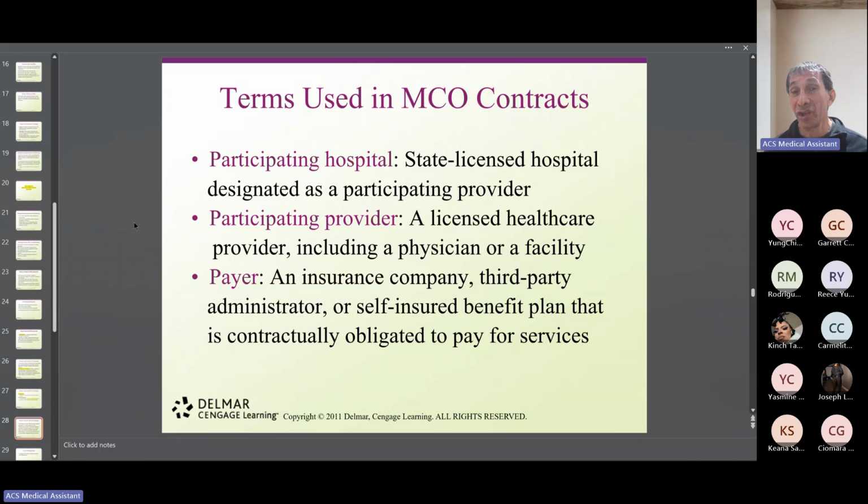But in order for me to provide services and get reimbursed, whether reimbursed directly to me or to the hospital, I have to have credentials. I have to have a license. The place that I'm working has to be licensed as well. Remember, the organizations need to be licensed. The providers need to be licensed in order for us to legally get reimbursed for services. So that's basically how it works. This is the terminology that is used in insurance in general, not just for the managed care organizations, but insurance in general.